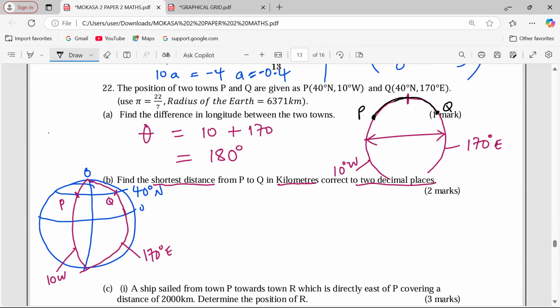Can I give another example? This is what we mean. If you're moving from a place here, let's say this is a longitude, this is another one, and this is the North Pole. So you move along this longitude, and let's say this longitude is 75 degrees in the west. Then you move until you are at the North Pole.